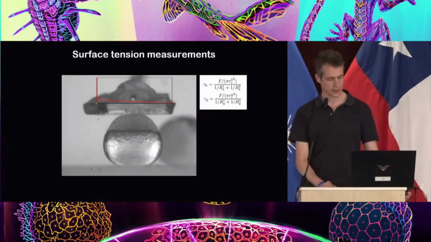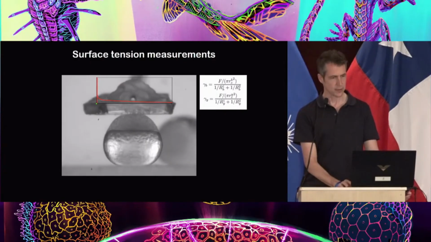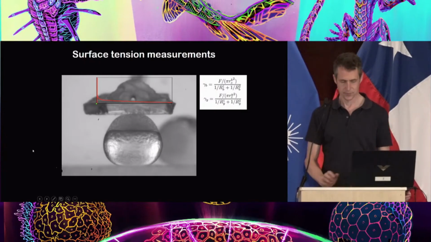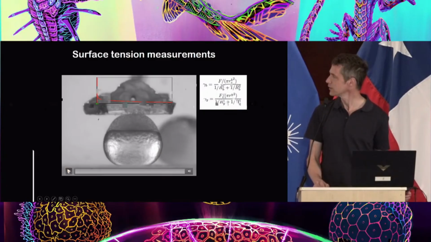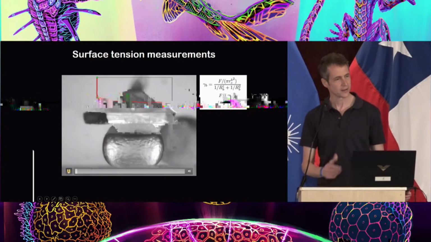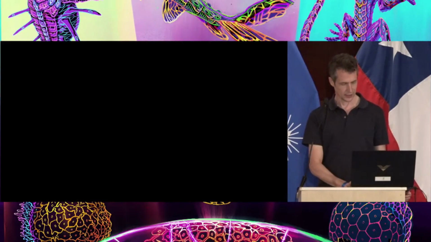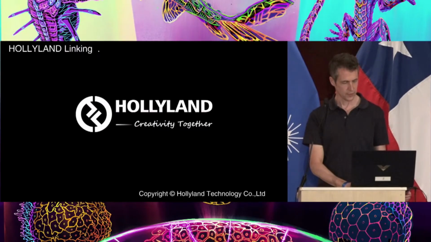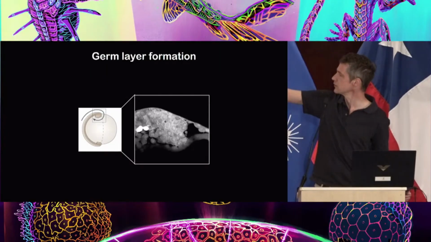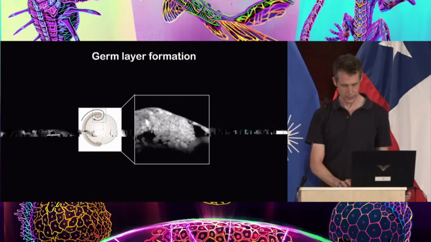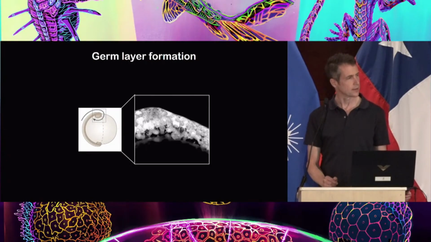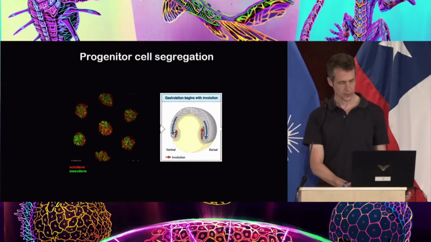The way we did it, first we did these tissue tension measurements, taking intact embryos, and I'll show you how that looks. You can squeeze these embryos, look at the deformation, and you have the force acting on these plates, so you can measure the surface tension of different tissues. Once you know the surface tension, you look into the embryo and see how these cells are moving in. You have one population of cells which is moving in and becomes different from the other population. You have the surface tension of these different populations. Then you can do the classical Townsend-Holtfreter experiment, the segregation experiment, here on the left.